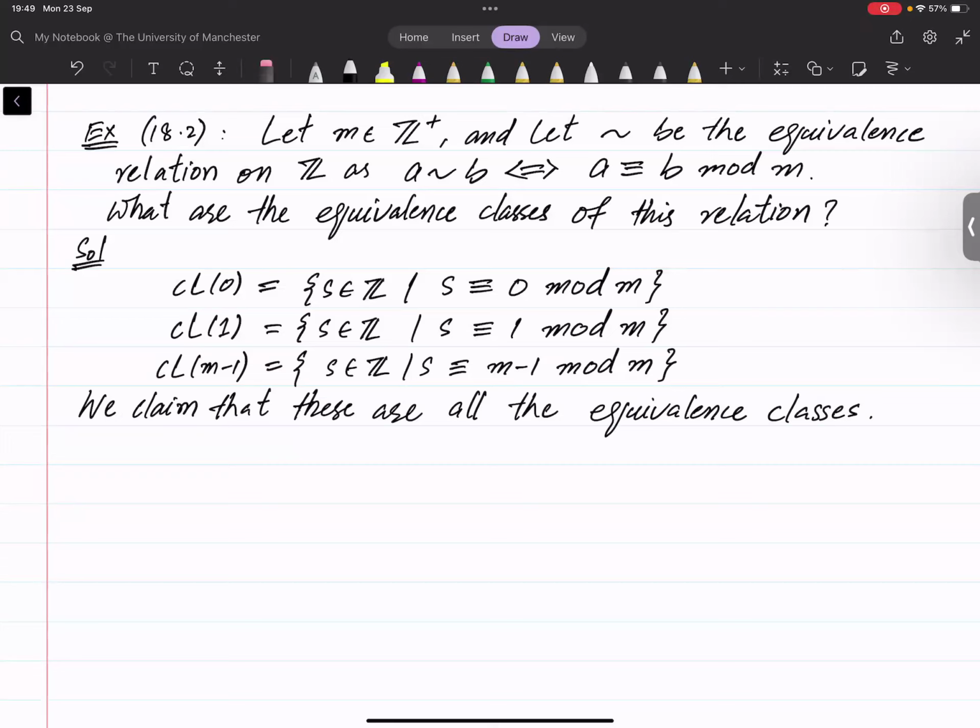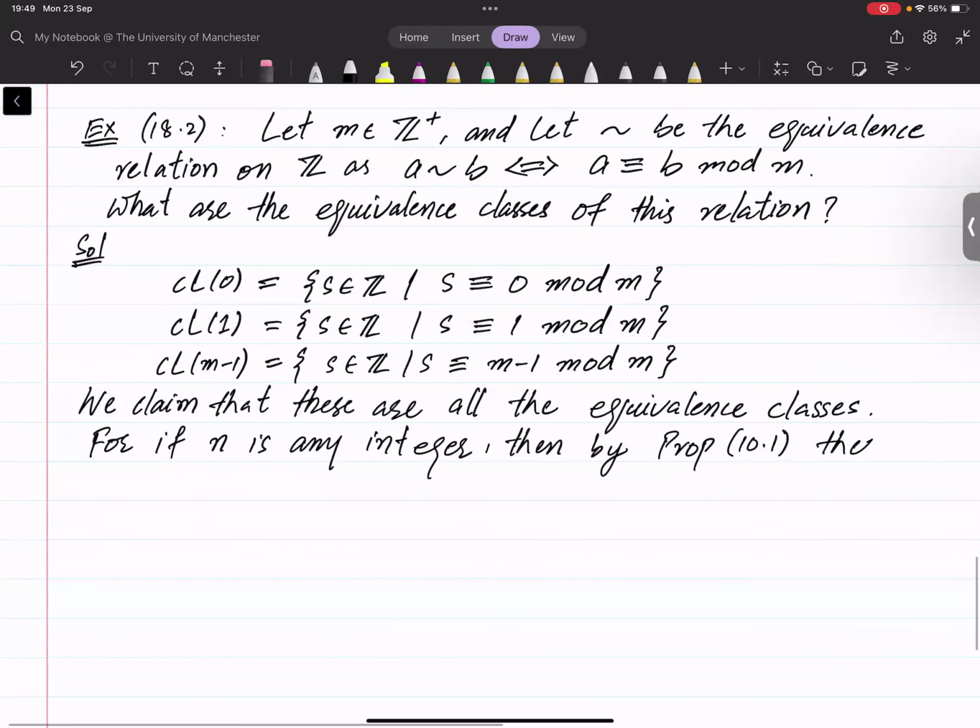We can prove this claim as follows: if n is any integer, then by proposition 10.1, which would be in the lecture videos for chapter 10,